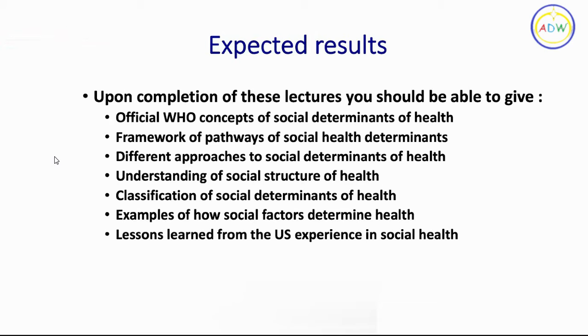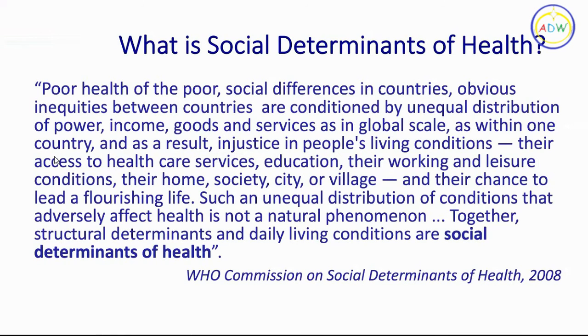So we will talk about this classification, and at last some examples from the USA, how social factors determine our health. Determinants of health are factors or conditions in the places where people live, learn, work and play, and that affect a wide range of health